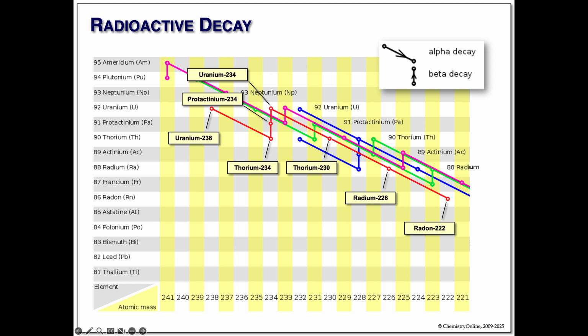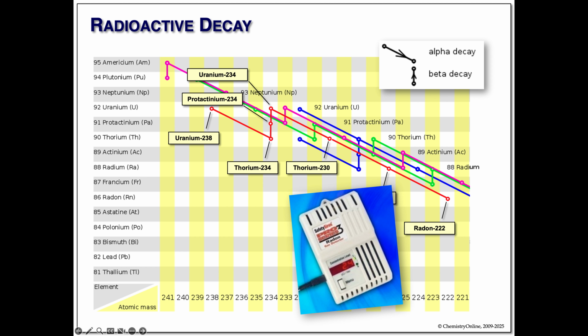In order to sell your home these days, you need to put one of these little detectors in. It will detect the radon, which is a gas, in your basement area. If it's above a certain level, you have to do remediation, cover the walls, put in fans, whatever, because it's a gas.